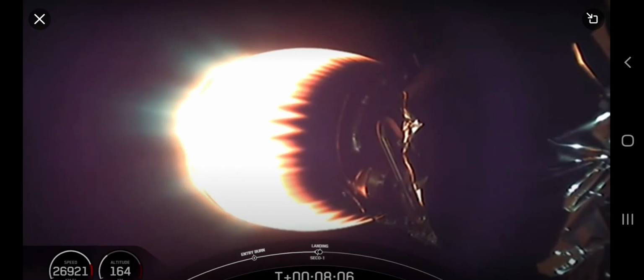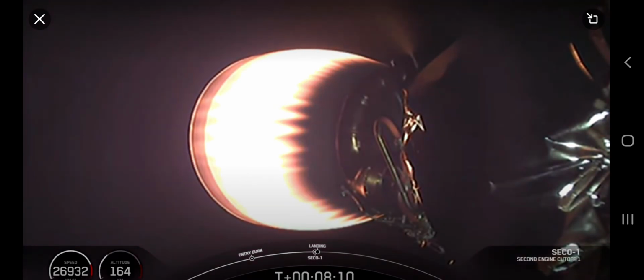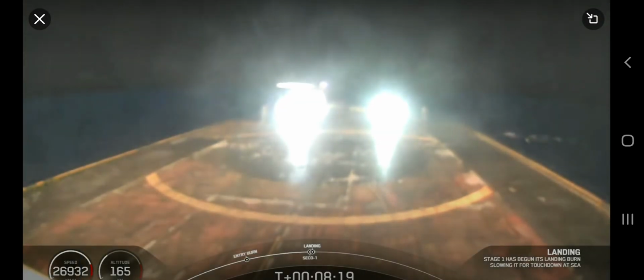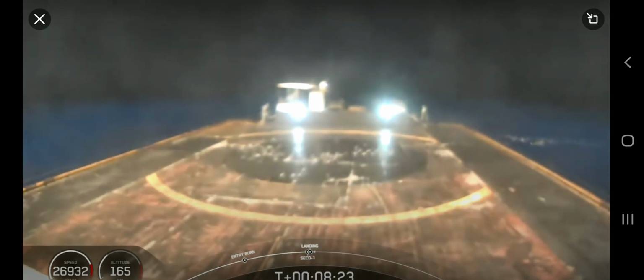Stage 1 landing burn startup. Our landing burn has started. Our second engine is also cut off, as you can see. We're just awaiting confirmation of good orbital insertion. And back on sea level, you can see here the drone ship. We have confirmation of good orbit on the second stage, and